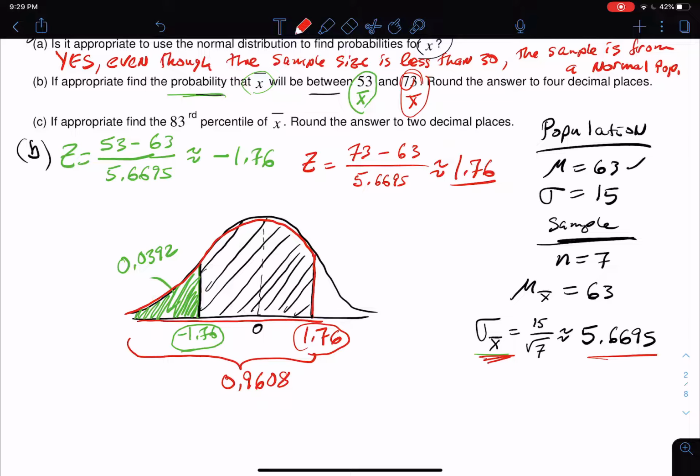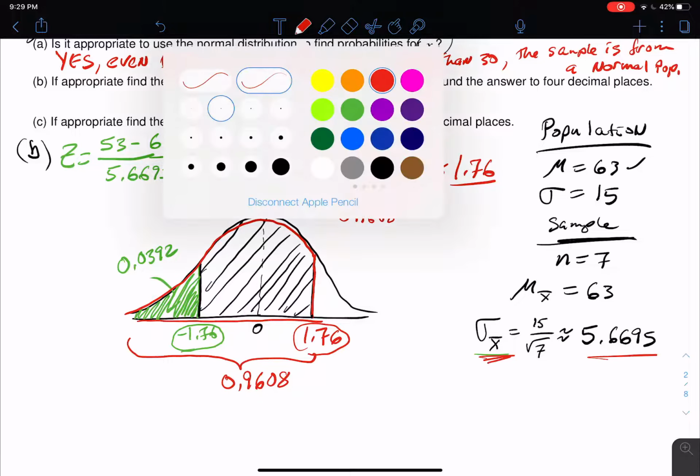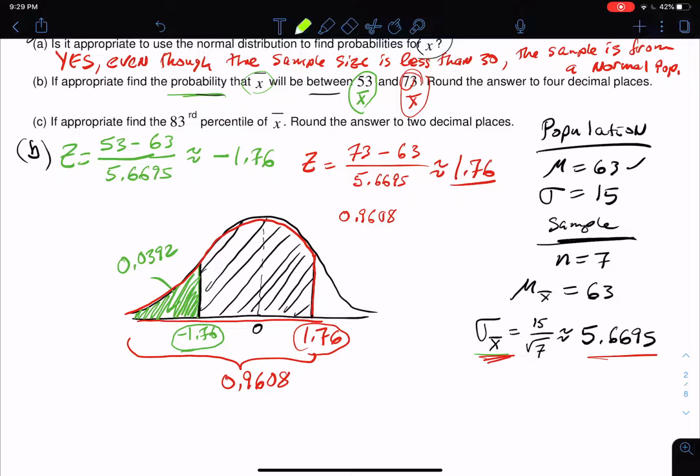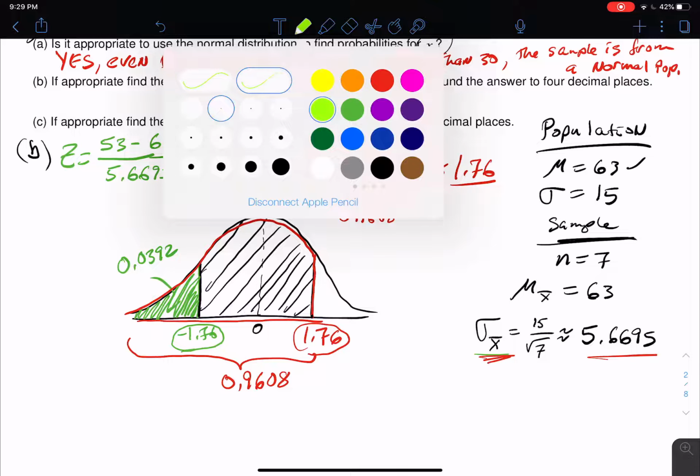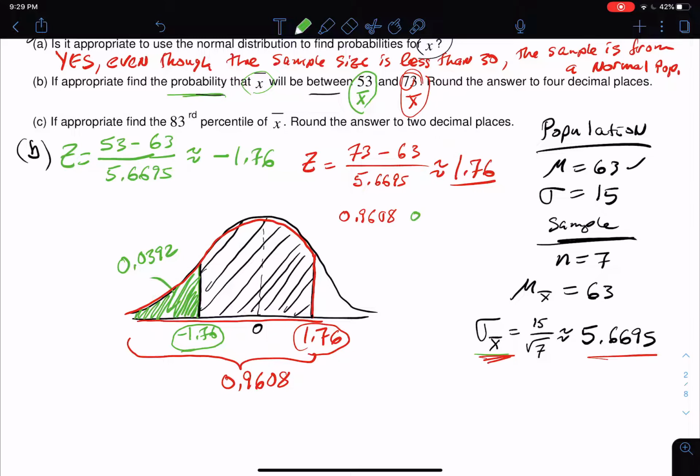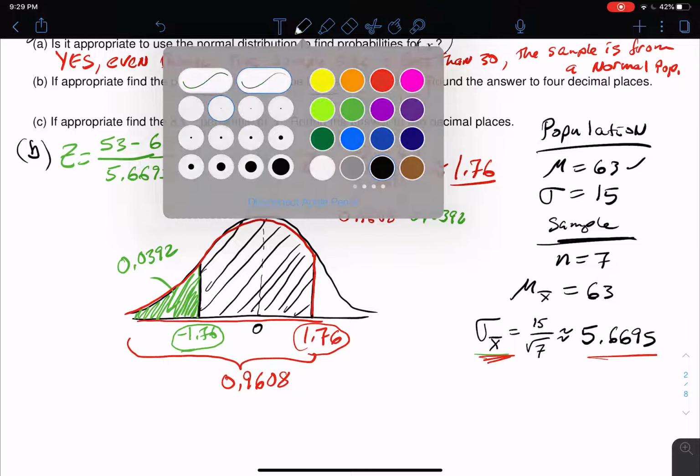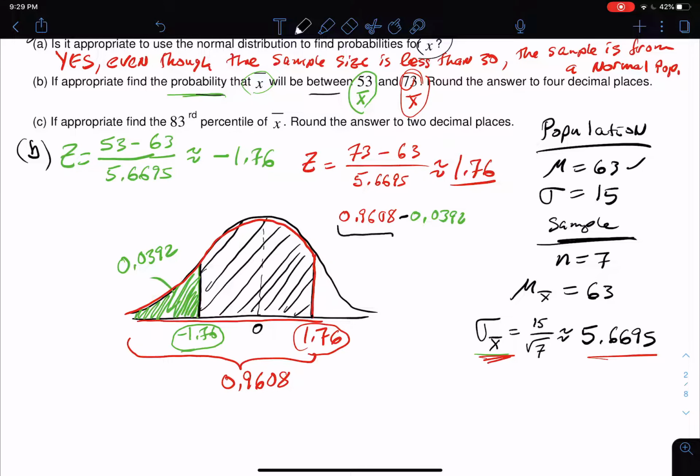So it goes from here to here, and that area is 0.9608. And of course, if I want the shaded region, just like before, 0.9608 minus the green, 0.0392. And that subtraction gives us the answer of 0.9216, and that is